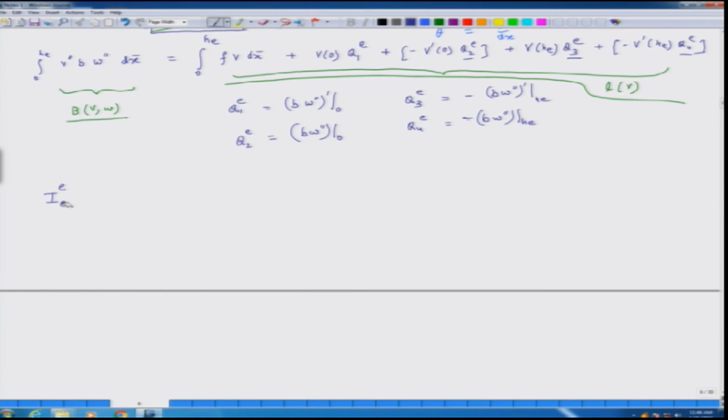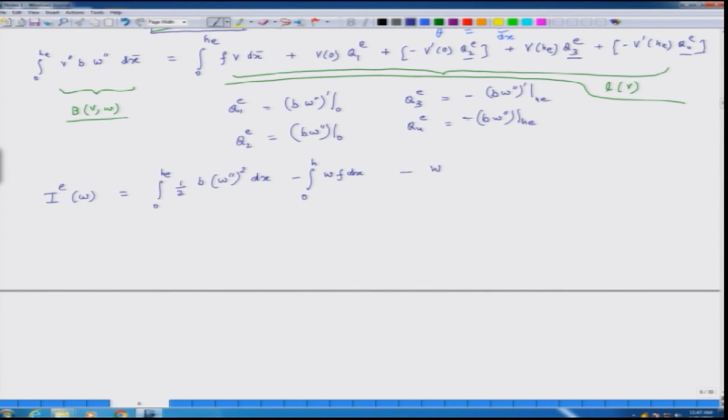So, I have this superscript E, and let us say that this is dependent on W, and I will define it as the integral from 0 to HE of half B W prime prime whole square dx minus the integral from 0 to HE of WF dx